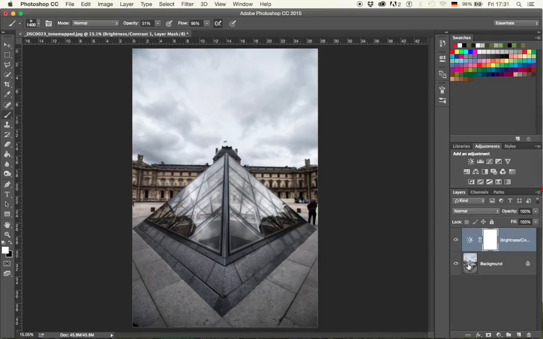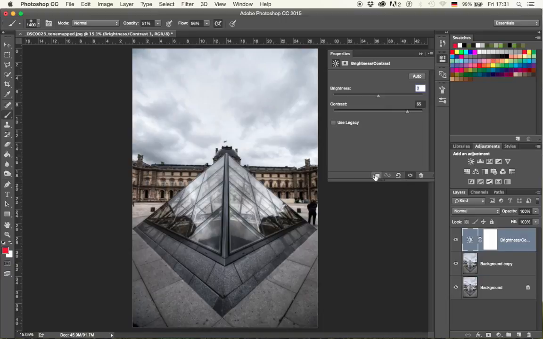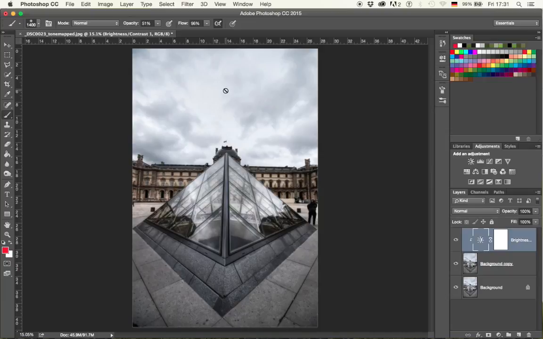Probably I should mention that I'm working on my background layer at the moment, and normally I'm not doing that, so I'm just going to click on it and press Command and J, which is going to duplicate that layer so that I have my background layer safe. In case I'm messing something up, I can always go back to it and restore details or get my normal original colors back, whatever I want. Now that I have made a copy of that, which is here, background copy, I can just go back to my brightness, and I can say just do the adjustment for the layer beneath by clicking this little symbol here. Okay, once that is done and I'm kind of happy with the contrast,